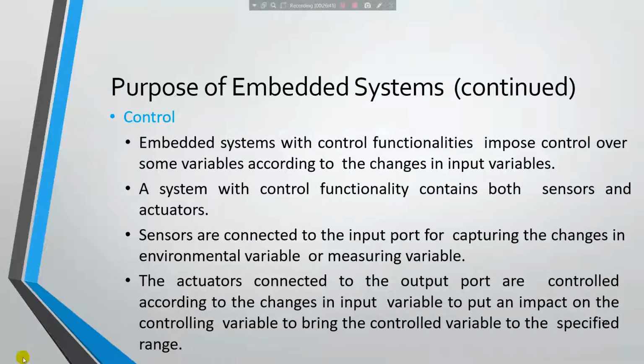Coming to control, embedded systems can control various variables. There can be an input from a sensor and an output to an actuator doing particular operations. The best example is measuring the temperature of a particular room: the sensor senses the temperature, gives it to the relay, which will switch the compressor on and off. These are called actuators, where they can be used to have the input and output. So that is control.